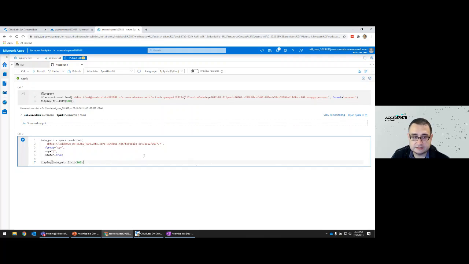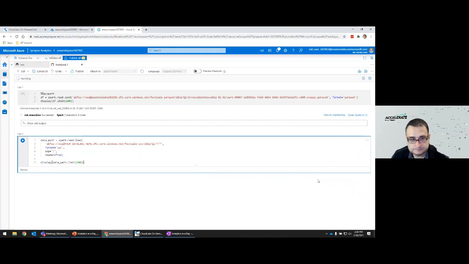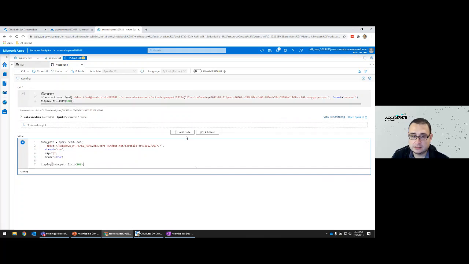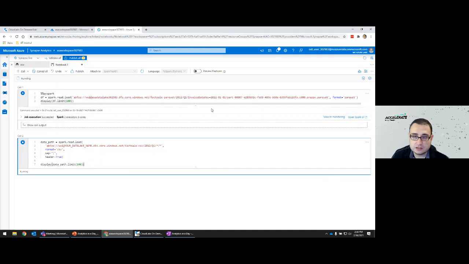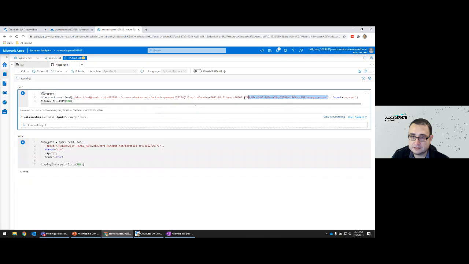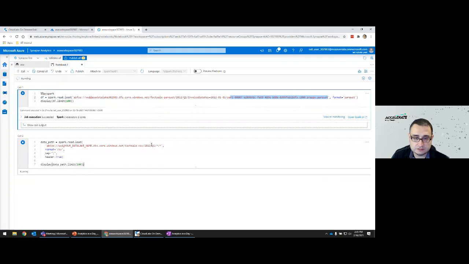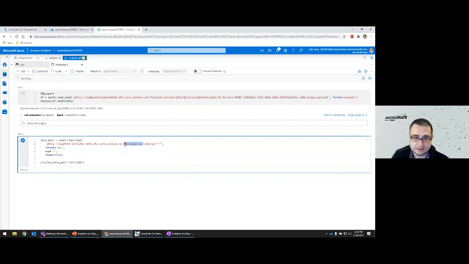So now that we have pasted that code, all we're going to do is run that cell. And we should see the same result, right? Of the 100 rows coming from a Parquet file, and the same results coming now from a CSV file. So the exact same number of rows, just showing the first 100 rows. So we're going to wait for that to run and execute.